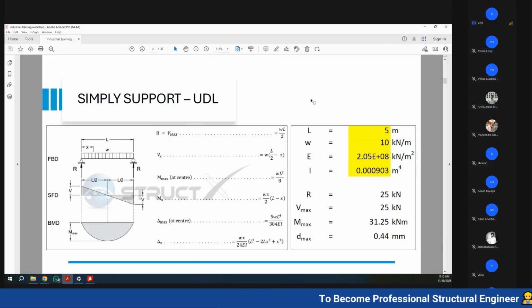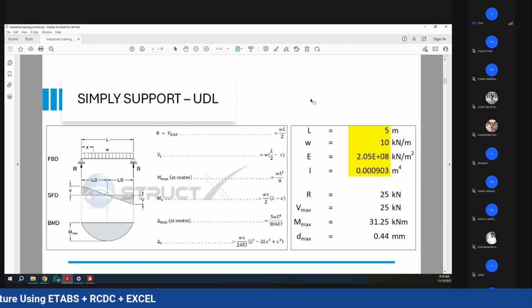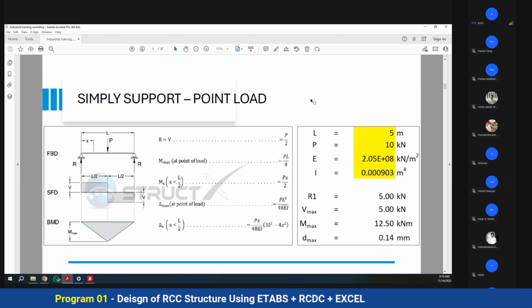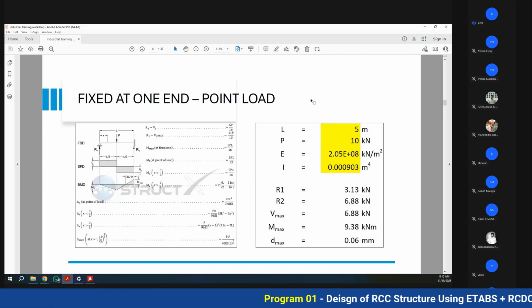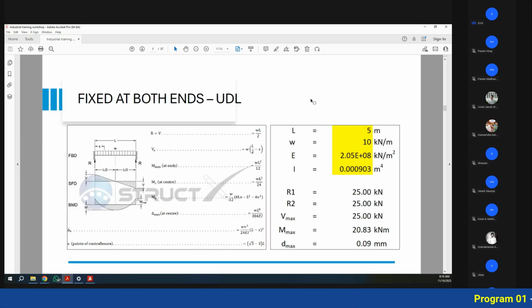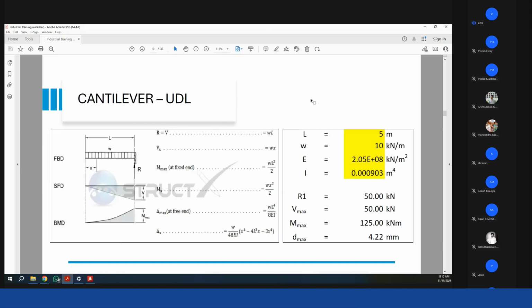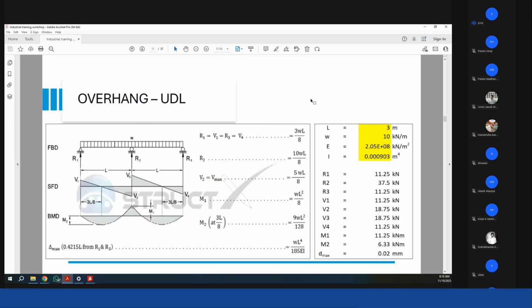I have also uploaded the Excel for beams yesterday. So you can download it and understand how we do the manual calculation, and you can validate the results in STAAD.PRO. So we did that for a simply supported UDL, point load, uniformly varying load, fixed supports at both ends, cantilever member, overhang member,